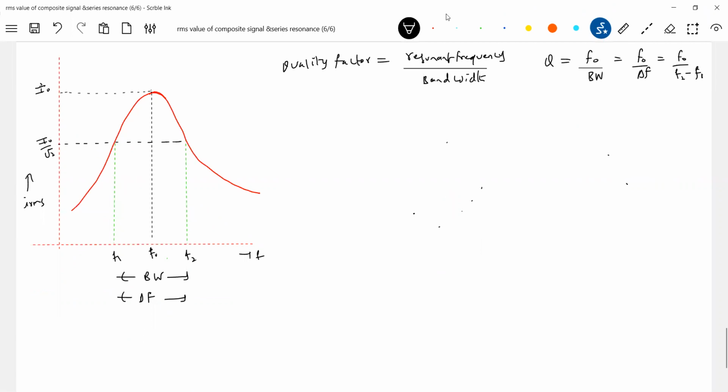Why only I naught by root 2? Sir, you are cutting that from there. Why are you finding F2, F1? So the maximum power